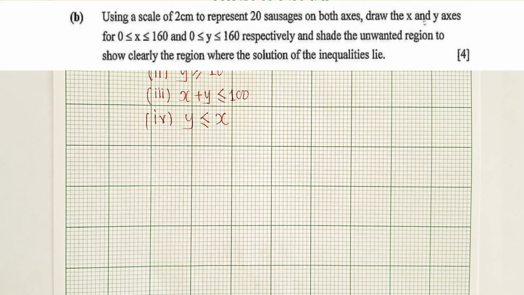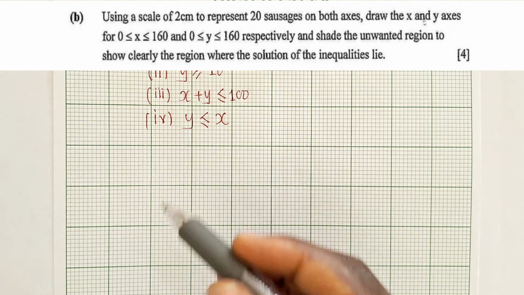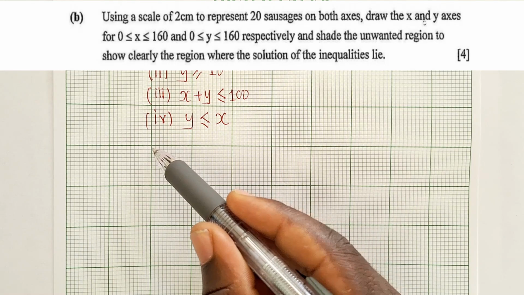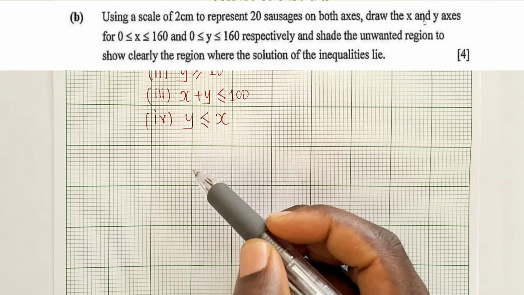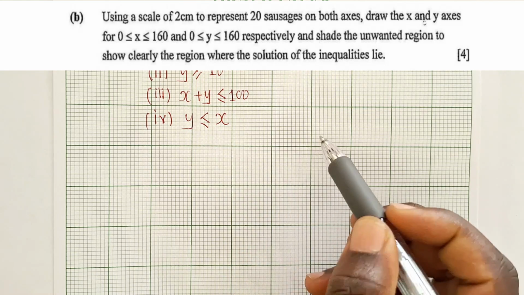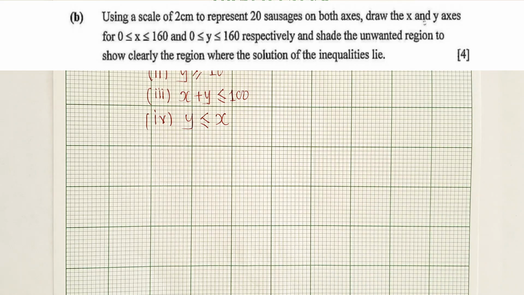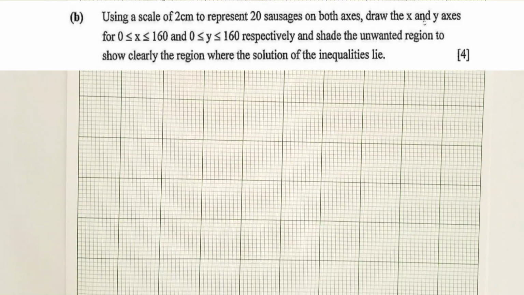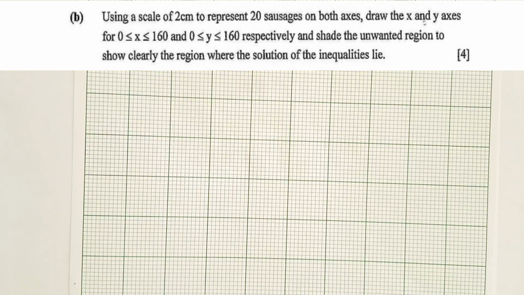So they're saying 2 centimeters, and each box from here to here it's 2 centimeters, here to here it's 2 centimeters. Or should I just say these bigger lines, they are 2 centimeters apart? Okay? So now, the encouragement that I can give you is